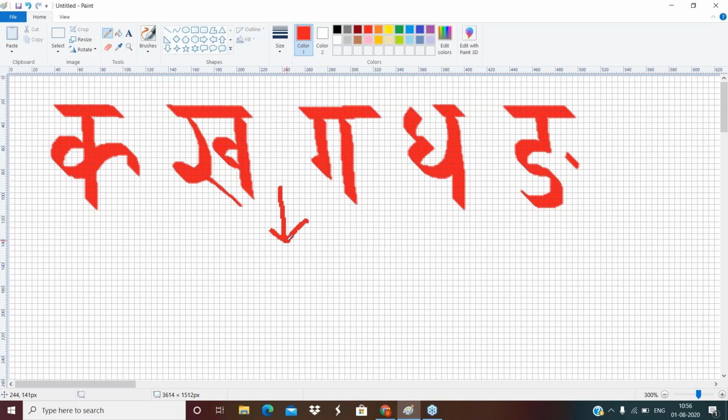Now I will show how it is written in Sharda. As we have drawn the complete Rekha, do not take the pen out. Do not lift your pen.